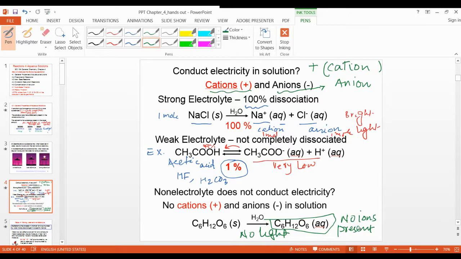Could you give me another example other than NaCl of an ionic compound? Plus and minus are there. So you just look at the periodic table and see what is a metal and what is a non-metal. Take one metal and one non-metal, then you will get an ionic compound, and all ionic compounds are soluble. But some ionic compounds are not soluble, which I will let you know. Note it down in the notebook. I will come to that next.